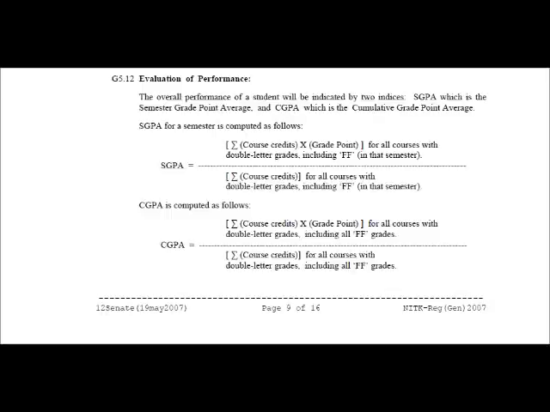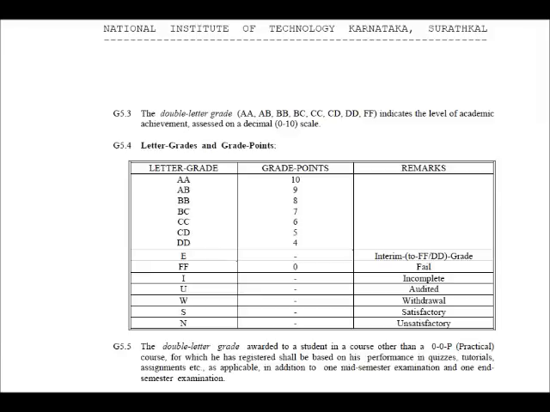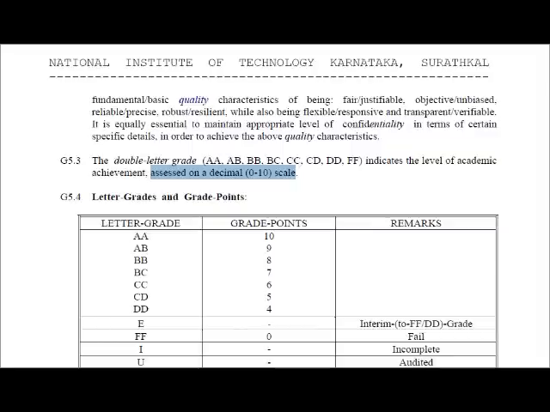In NIT Surathkal, evaluation of performance is done on a relative scale and they use the same standard formula with constant grade points mentioned in general regulations declared by the Senate on page numbers 6, 9 and 7 respectively. Here it is necessary to understand that the decimal scale written here does not imply grade points in decimal like 9.1, 9.2 etc. Rather, it means that the number system used for grade points is the decimal system, where decimal implies numbers 1, 2, 3, 4 and so on up to 10, not 8.1, 8.2 etc.